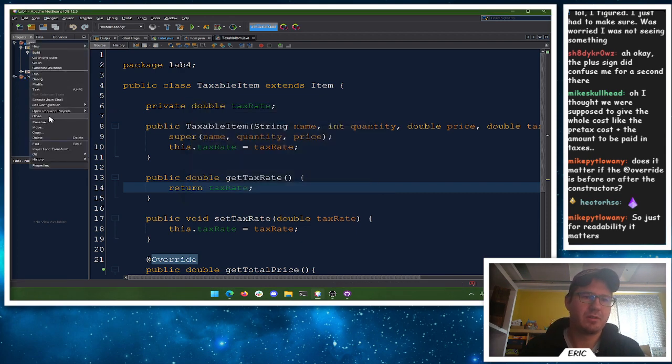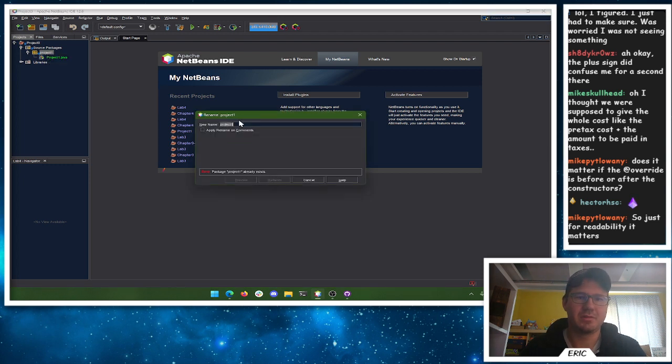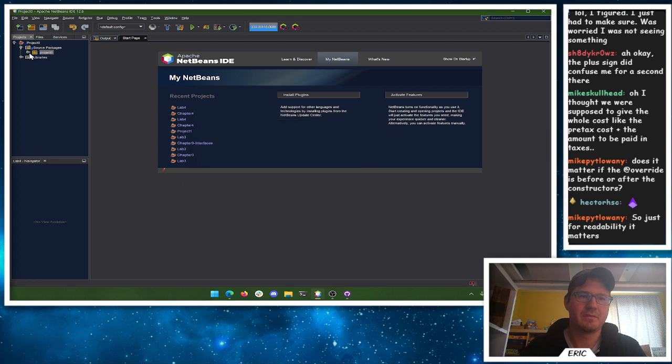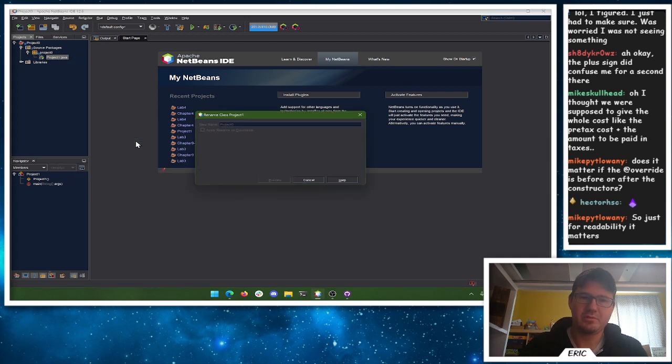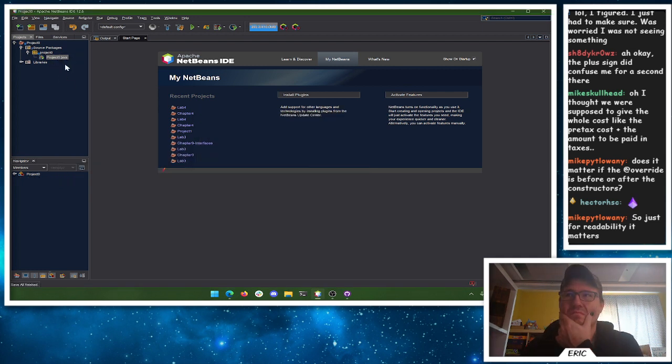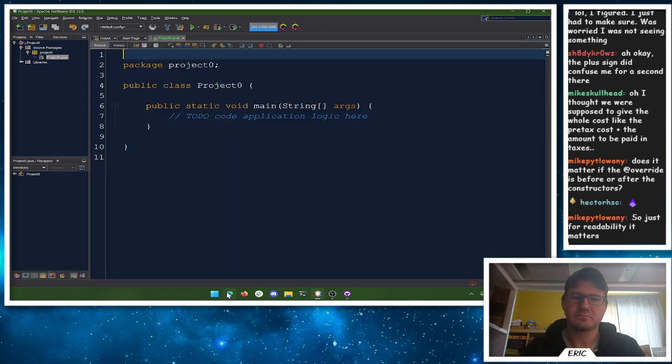Close lab 4. Rename this one. Refactor, rename 0. You don't want to be confused, right? And this one, refactor, rename project 0. There we go. All right, now it's all lining up here. Okay. So